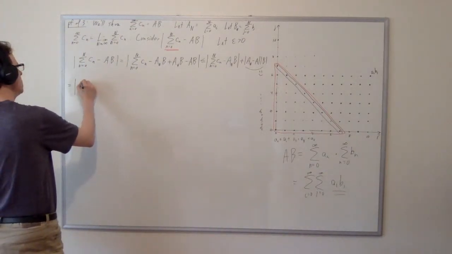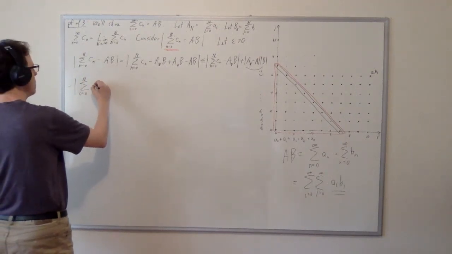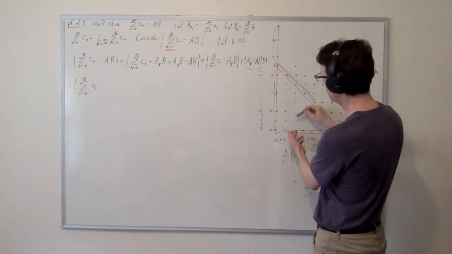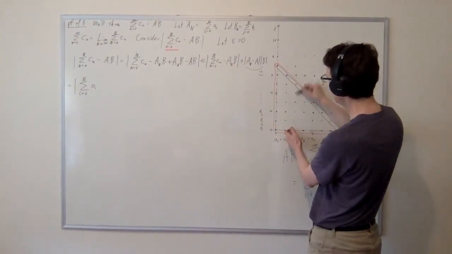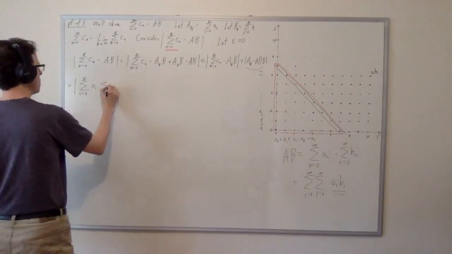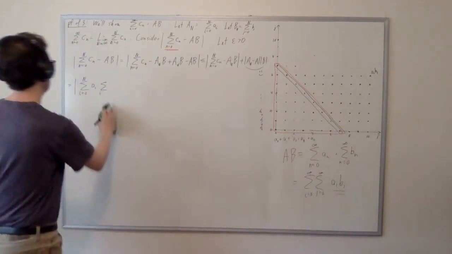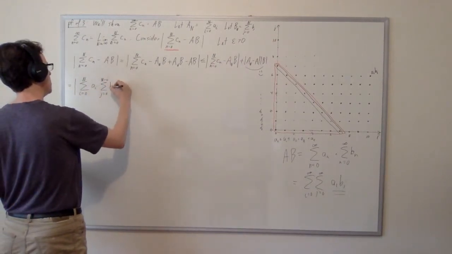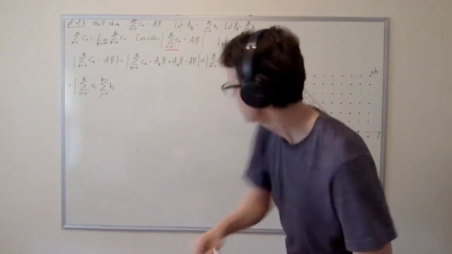So let's do that. This is the summation from i equals 0 to capital N of a sub i times... Now, a sub i, in this summation of the c_n's, doesn't multiply all the values b_0 through b_n. It only multiplies b_0 through b_(n minus i). And so what this multiplies is the summation from j equals 0 to capital N minus i of b sub j. So basically what I'm doing is taking this red part and splitting it into